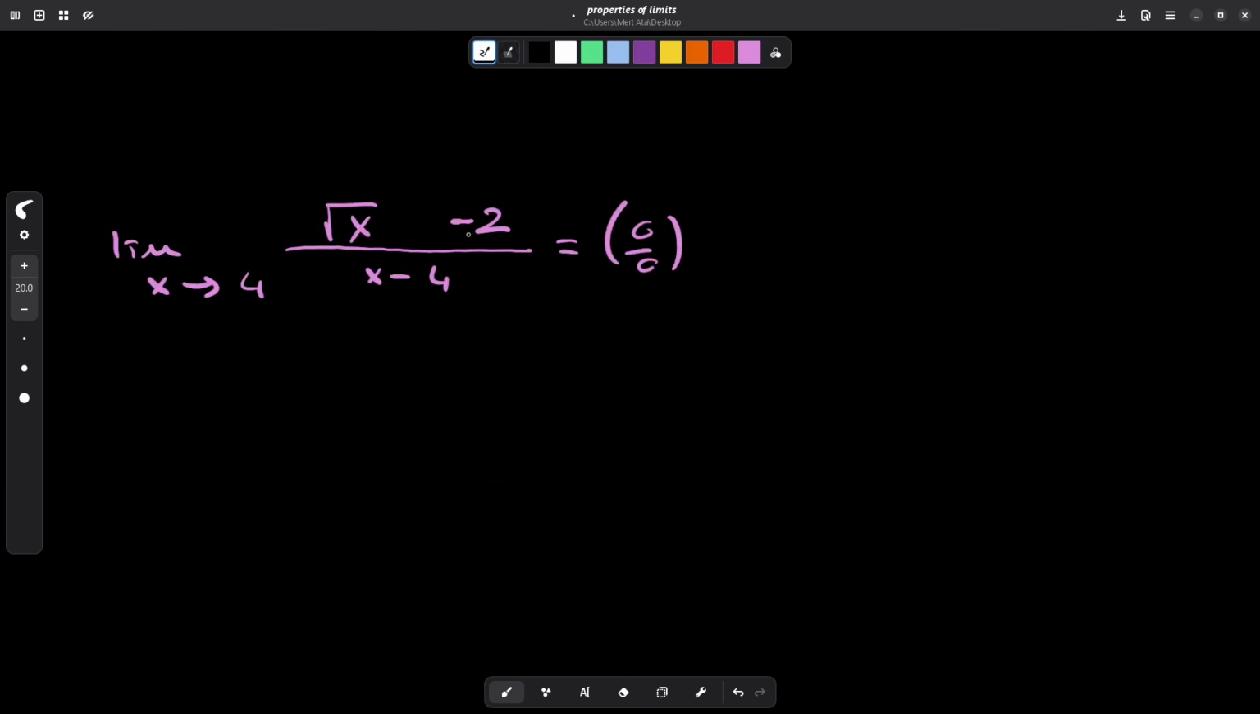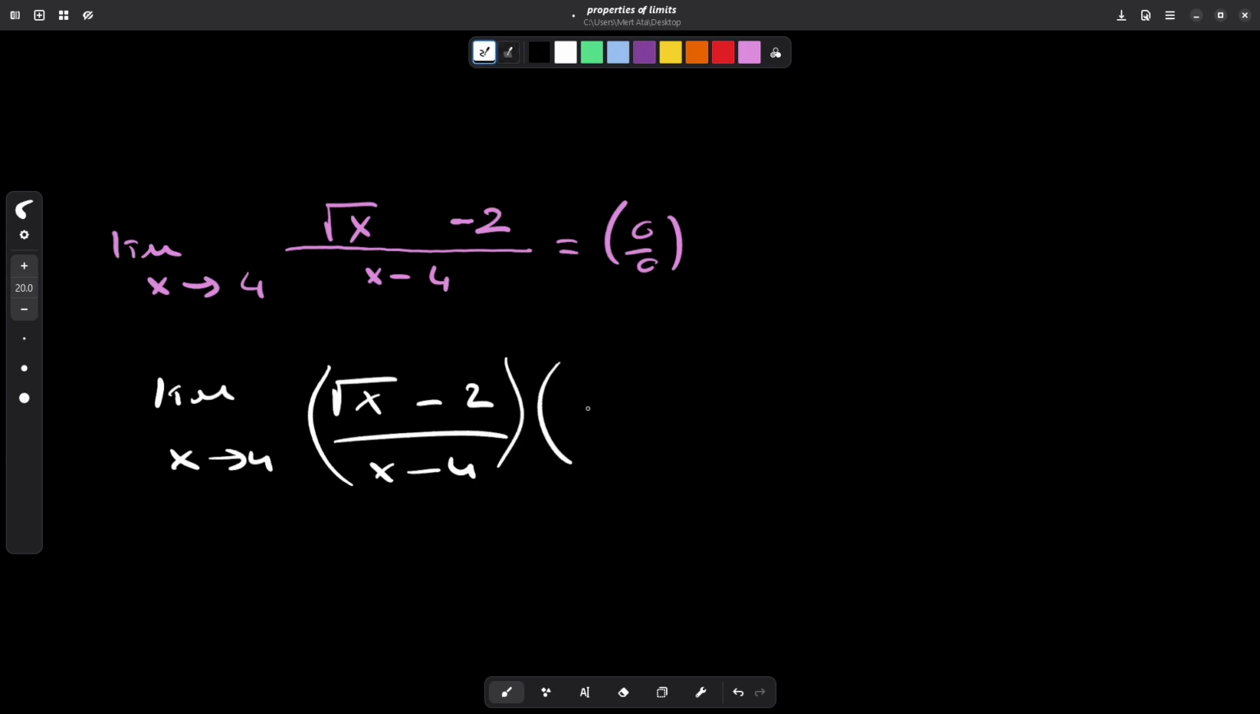Limit of root x minus 2 over x minus 4 as x approaches 4. Again, 0 over 0 form. I am seeing roots. I want to rationalize those roots. How can I do that? Root x minus 2 over x minus 4. Expand this, multiply this with the reverse sign of it. Root x plus 2 over root x plus 2. Which will give me